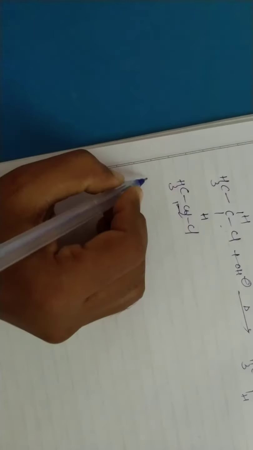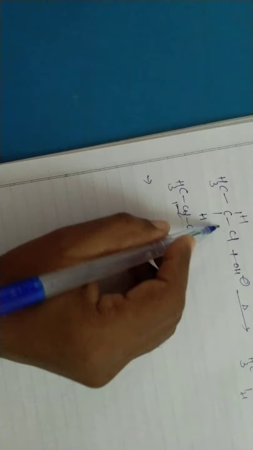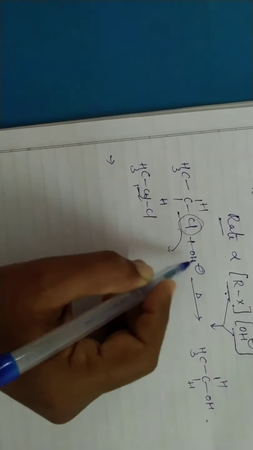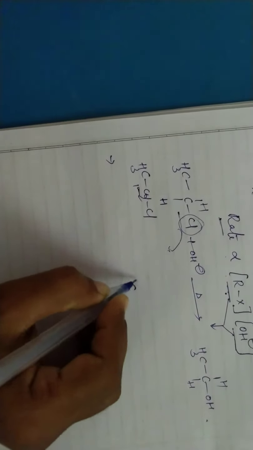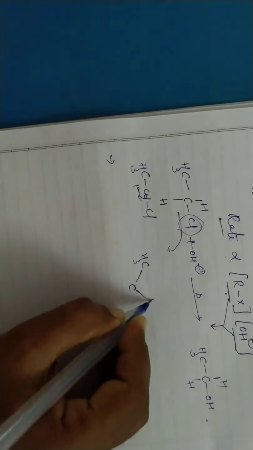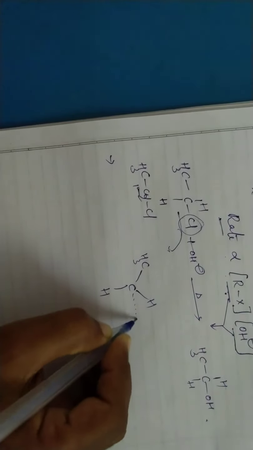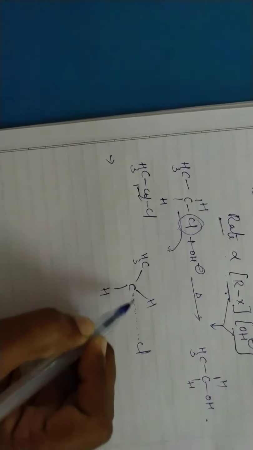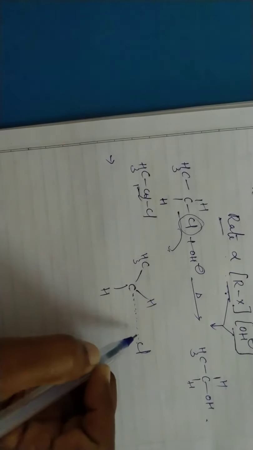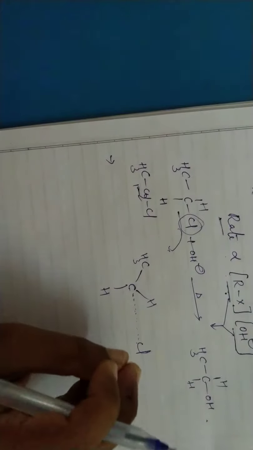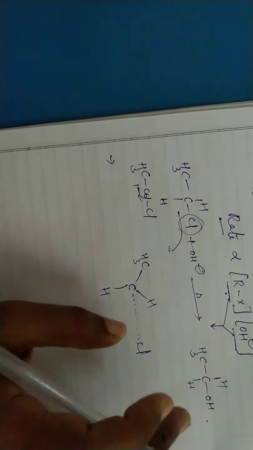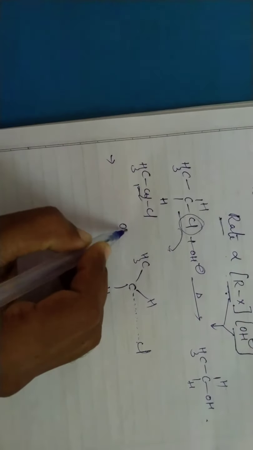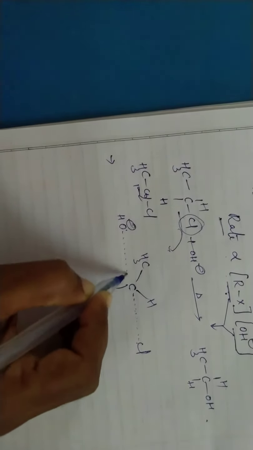So first of all, what happened? The leaving group, that means here chlorine is the leaving group and OH is the incoming group. So chlorine is going out and OH is coming in. Let's see, I am writing like this. So chlorine is the leaving group, it is going out and it is still intact with the carbon. That means chlorine is not completely cleaved from the carbon. It is slowly cleaving. At the same time, when chlorine is slowly removing from the carbon, OH minus is also coming towards the carbon.